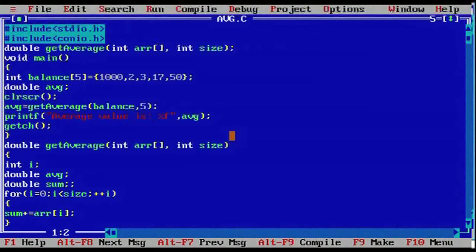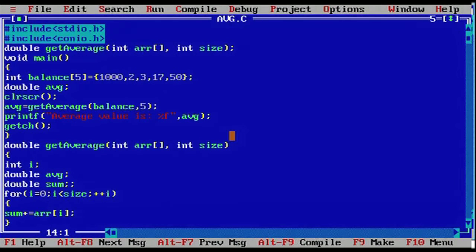This is the program. First we include the two header files. Then here we declare the function getAverage. In the main function, first we initialize an array balance, then call the getAverage function, and in the getAverage function we pass the balance array and its size. After this line, the control will be transferred to the definition of the getAverage function.